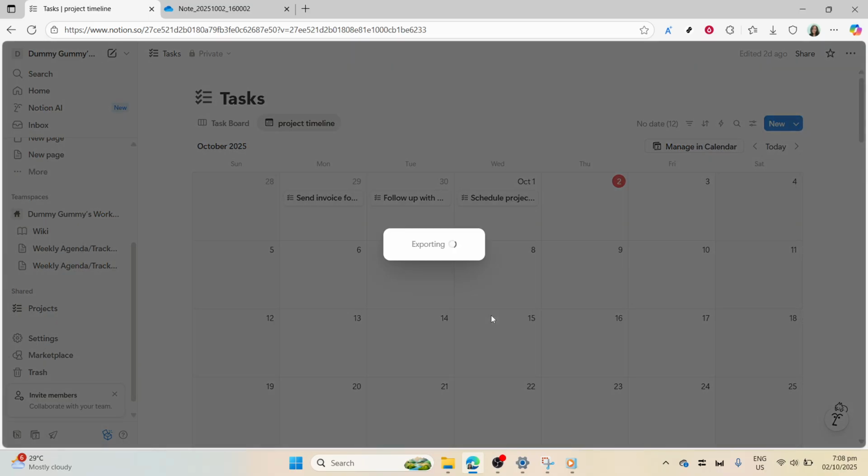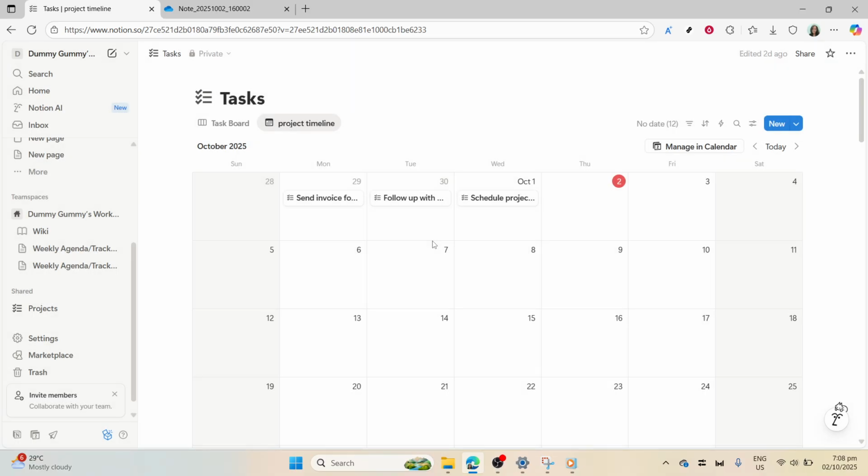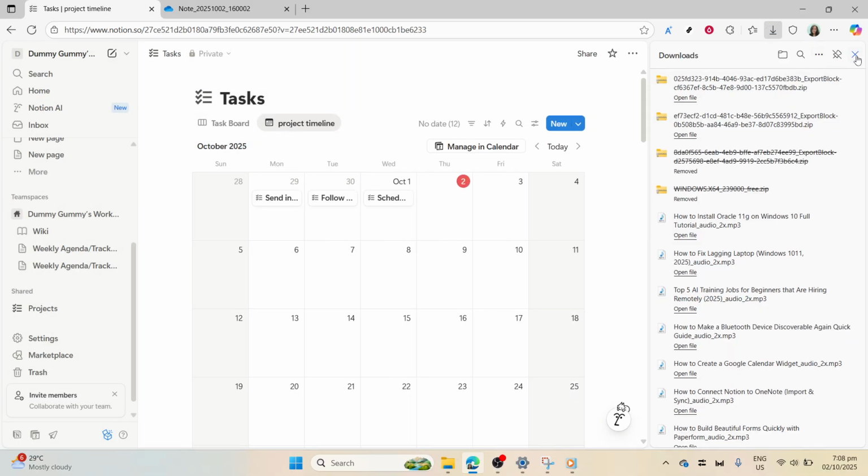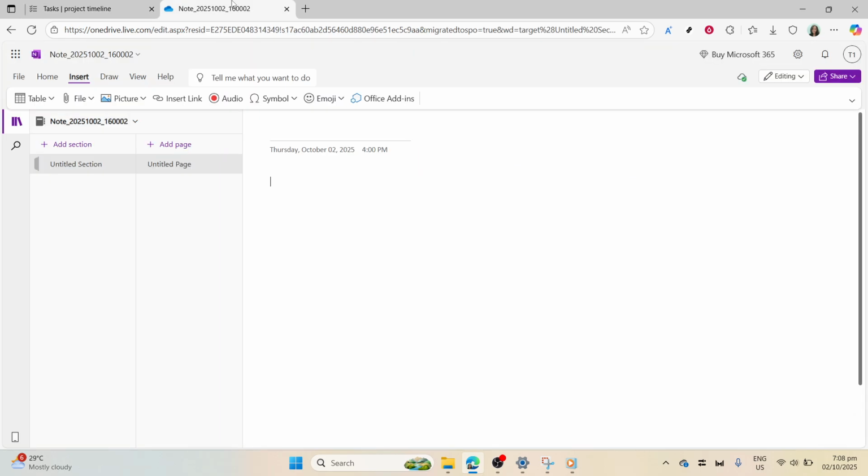When it comes to choosing the file format for your export, you have two main options, Markdown and CSV or HTML. Both formats are text-based and widely used for handling structured data. Go with the one that you think will best preserve your content's integrity. Exporting in Markdown is often preferred if you want a simple, text-heavy format, while HTML can be useful for retaining